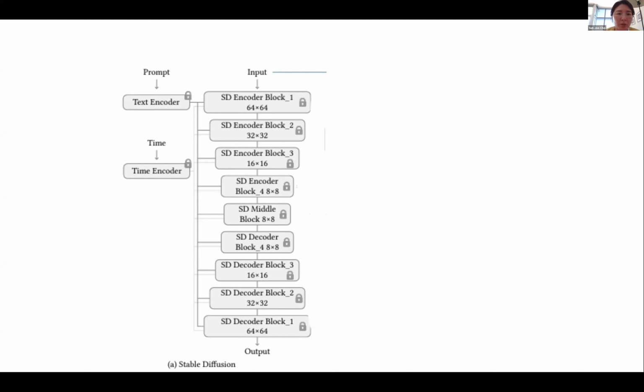Can you explain more about time encoder here? Yes, so